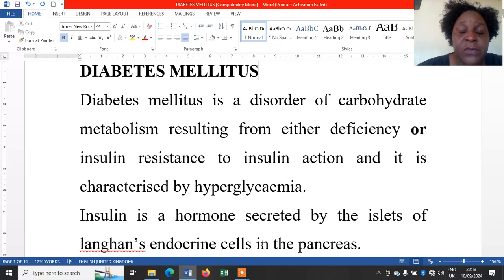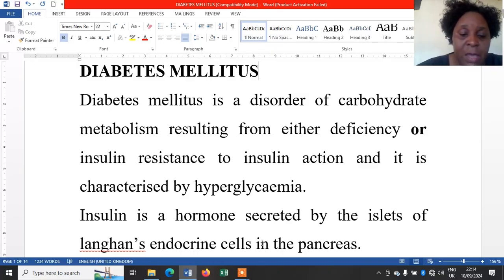And at the end of the day, due to failure of carbohydrate metabolism, there is accumulation of glucose, which on testing of blood or urine, will show as a sign of